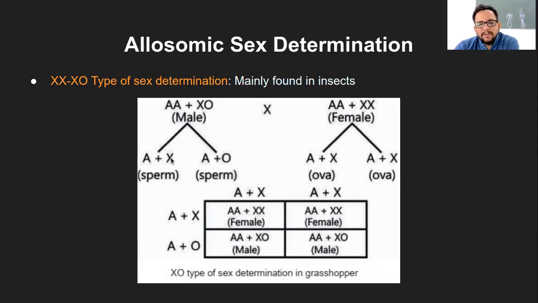That means the male will produce two different sets of gametes. Is this clear, or any question here? Instead of Y, which was the sex determining region, especially for male, here Y is not there, it is O. There is another chromosome which is not the sex determining one, but based on whether one copy or two copies of the chromosome are present, the male and females will be decided. So that is XX-XO type of sex determination in male heterogamy.